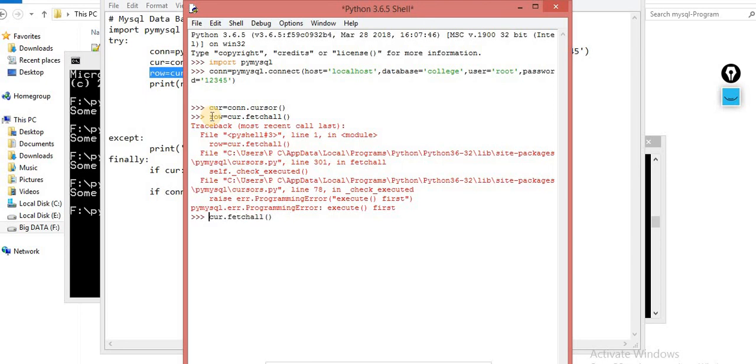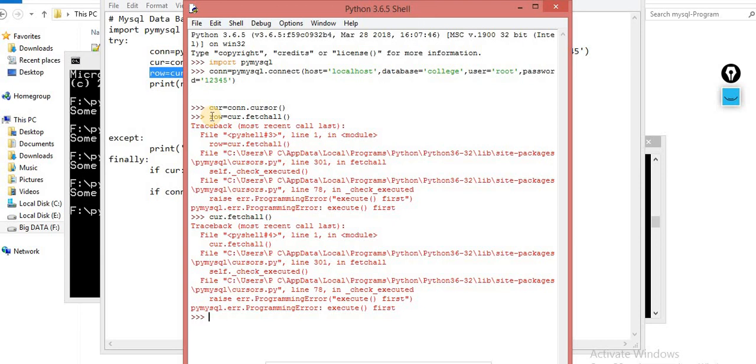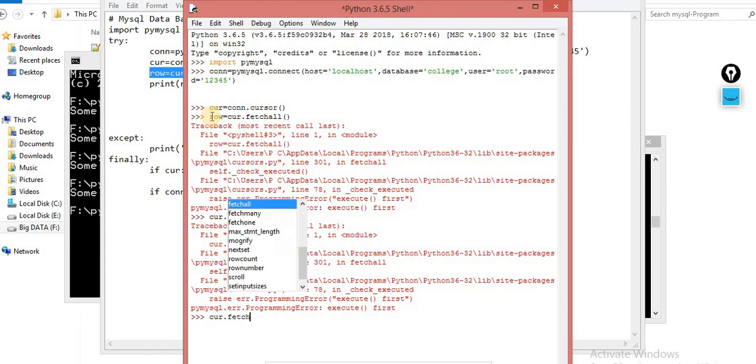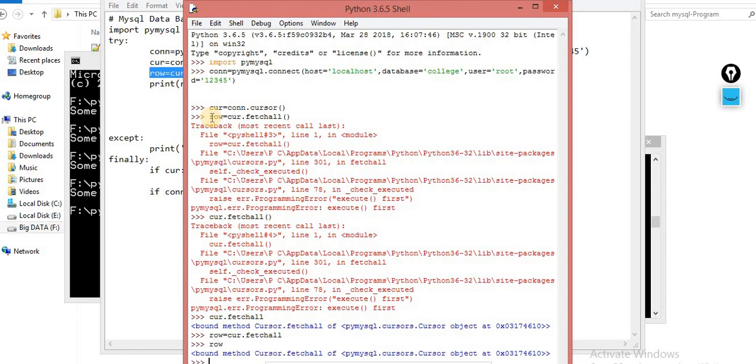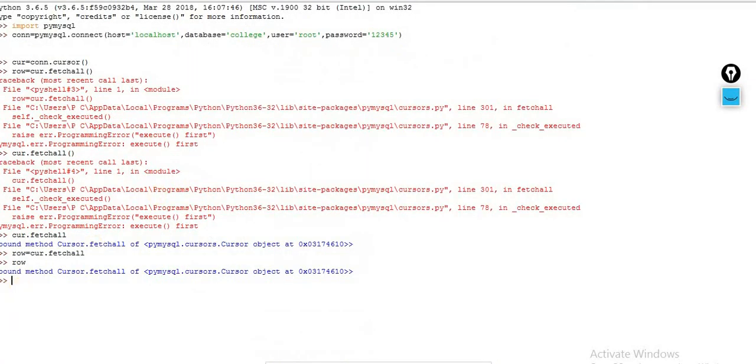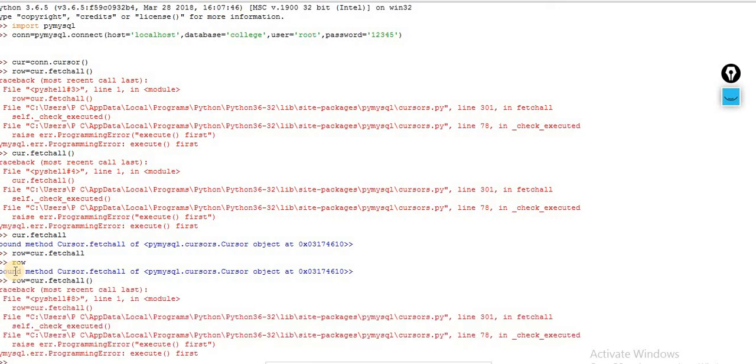But based on yesterday, we were creating a file, right? So yesterday we were creating a file, and at this point we were fetching the data. But the first two lines are where the connection setup is. Okay, let me execute it. Fetch all. So row, fetch all. Why is it giving an error?